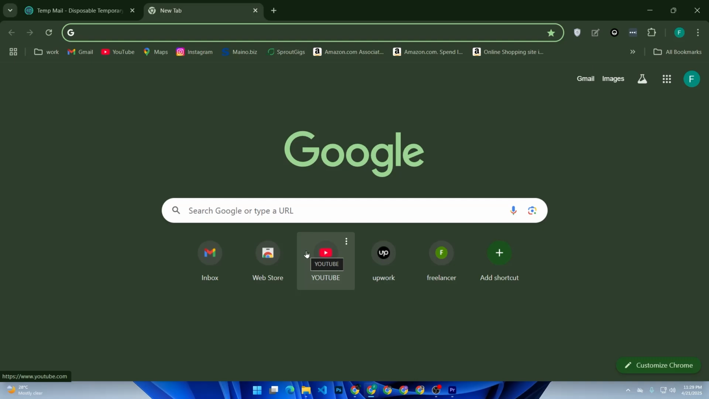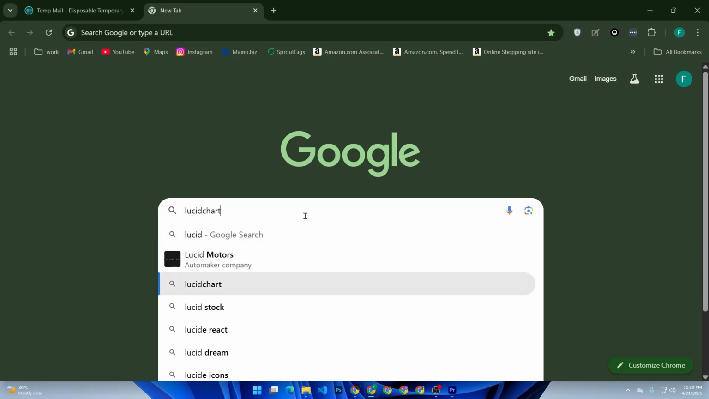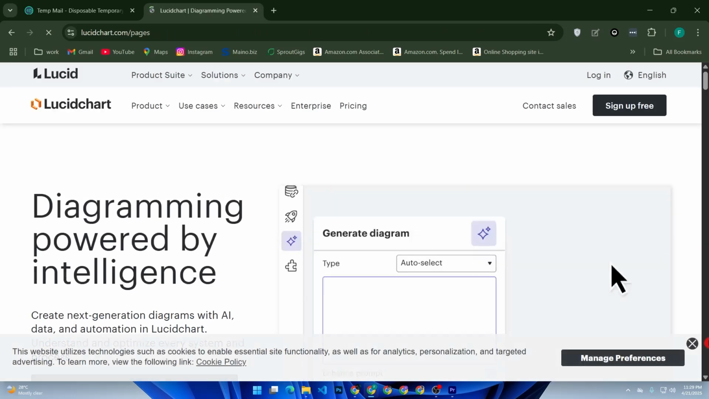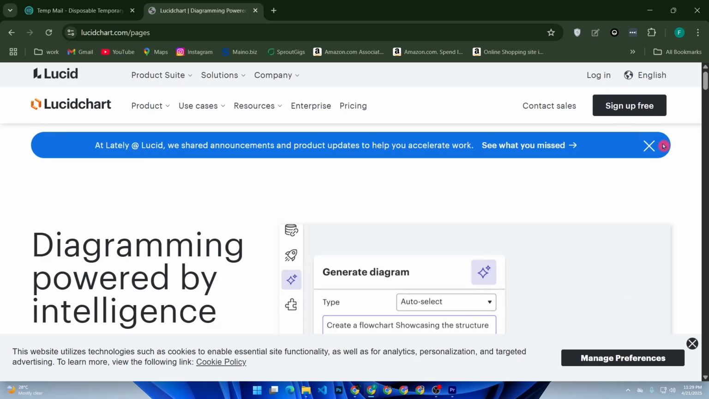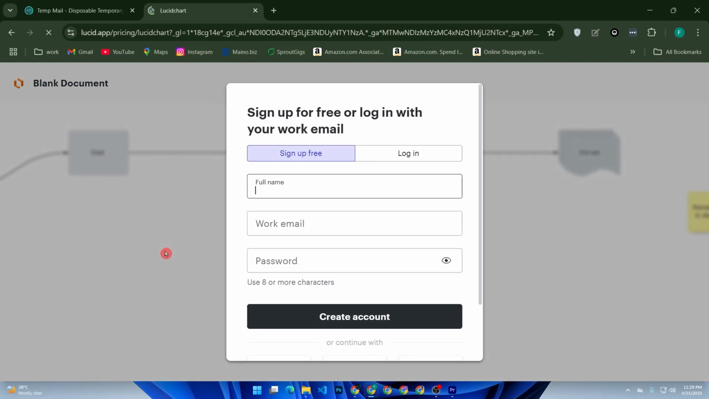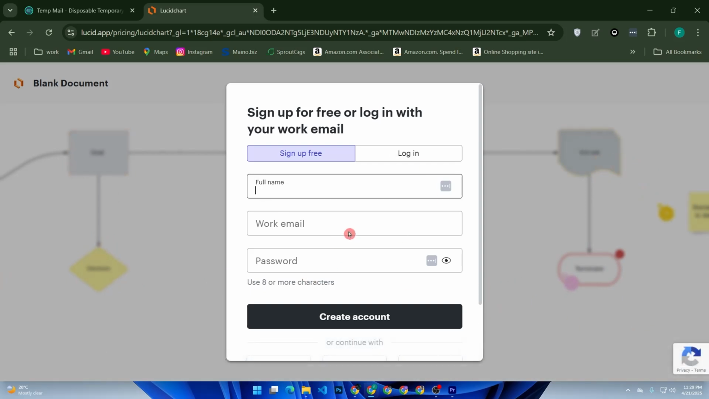To get started, go to lucidchart.com and click on the first link and click this button called sign up for free. Now you'll see a login or sign up page like that. Just click sign up free, then enter your full name like that,